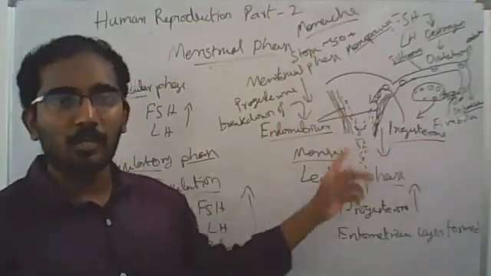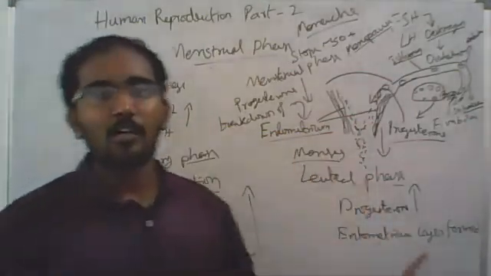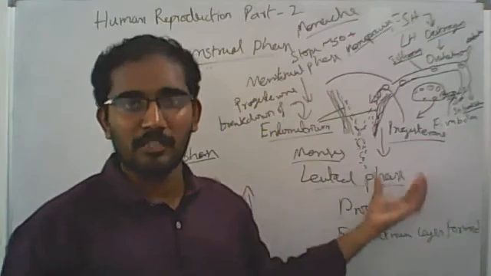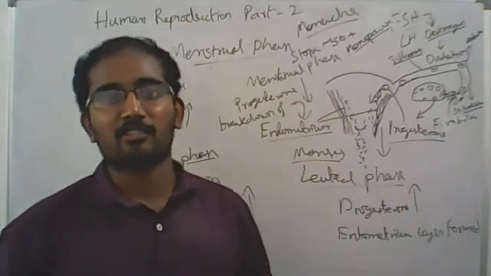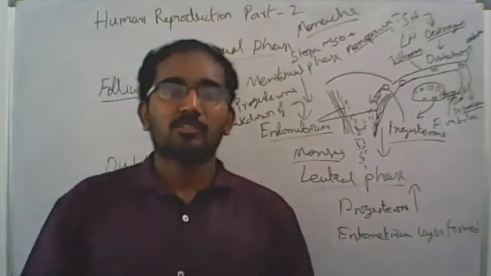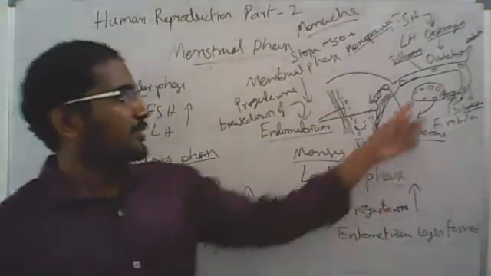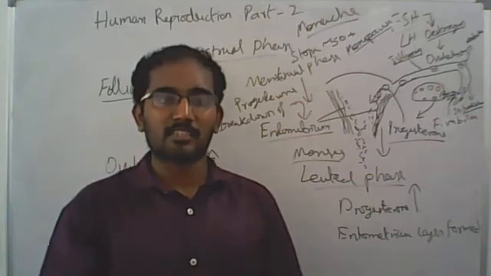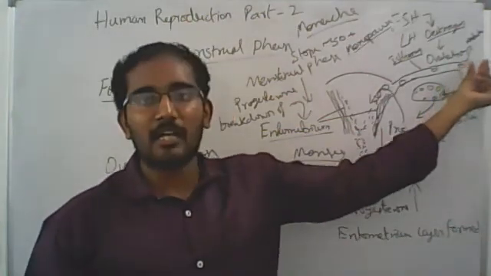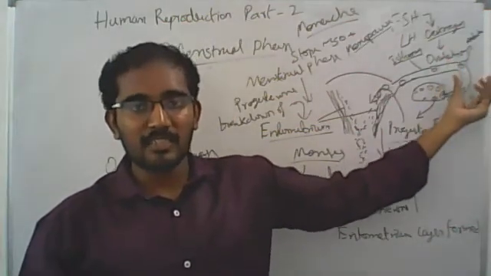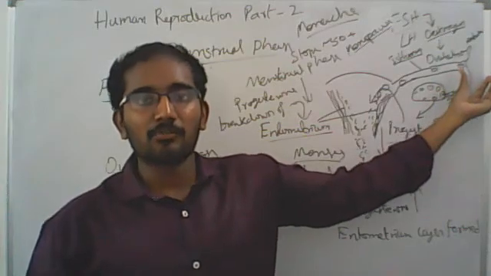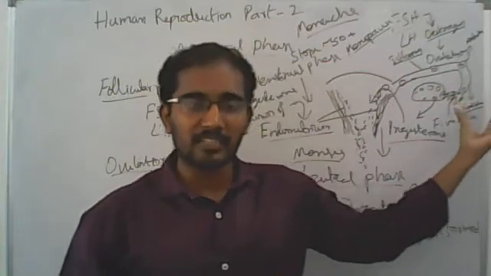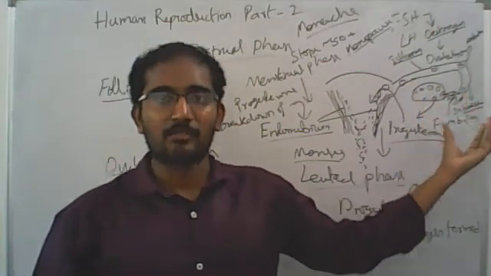Not only like that, you have to mention how the hormones are functioning, how the hormones play a role. That's very important for the menstrual phase. Now, what will happen if the fertilization happened? What will happen if the fertilization is successful and the zygote is formed in the ampulla region? So let's discuss that. Now it's going to be the pregnancy part, if the fertilization has successfully occurred.